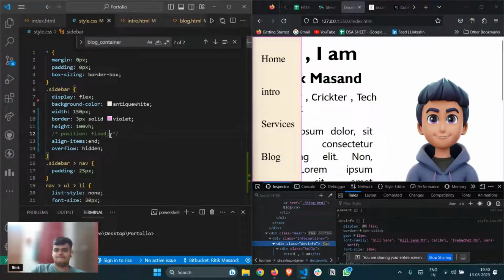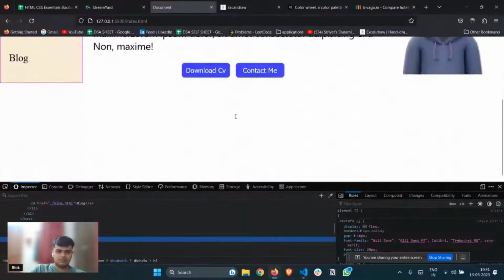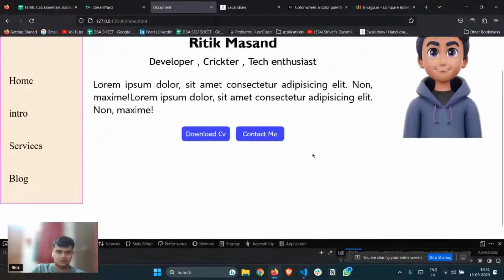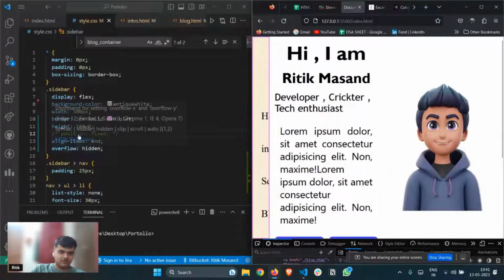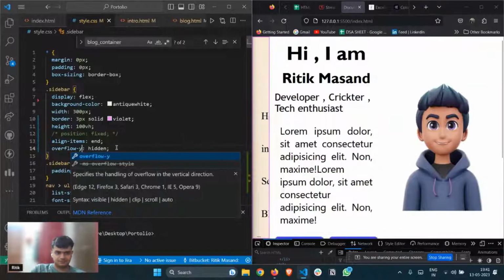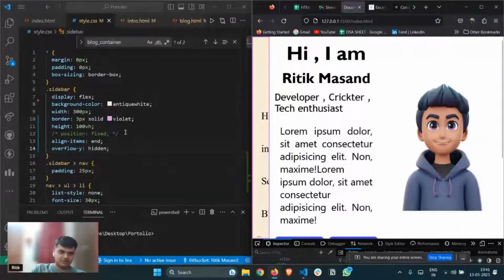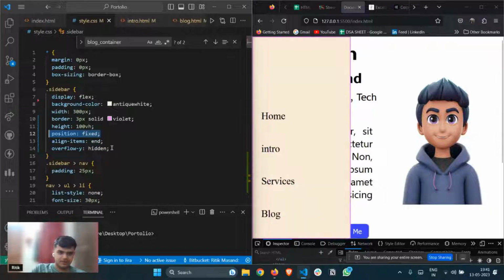पोजीशन fixed हटा देते हैं and width को let's keep it as 300 only. देखो it does not work, और instead of overflow hidden let's try overflow auto. Issue है, कोई नहीं एक काम करते हैं, I think position fixed वाला ठीक था, but एक चीज करनी पड़ेगी